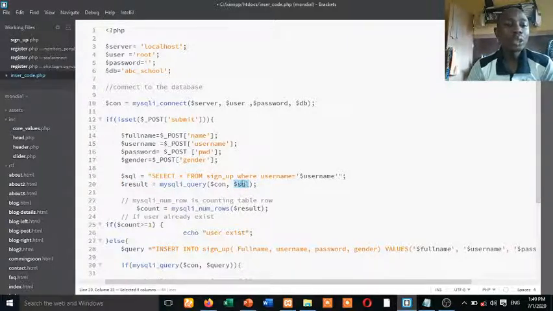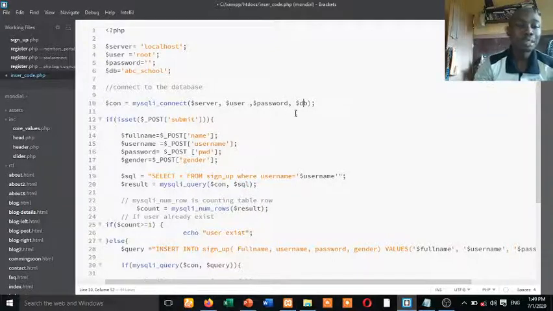When you are writing any query, you need to state the connection that you are using and the query itself. Those are the two parameters this one is accepting. You can see this mysql_connect is accepting four parameters: the server, the username, the password, and the database name. So now what I'm trying to do in essence is